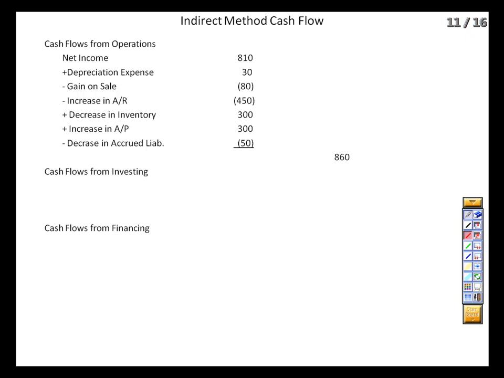So next we come to our investing activities. And what happened from an investing standpoint? A couple things, right? Looking at the balance sheet, we see that our fixed assets went up from $1,700 to $1,900. So we got $200 more in property. Does that mean that we have $200 of investing activity? No, not quite, because in the setup of the problem, I specified that we issued $70 of common stock in